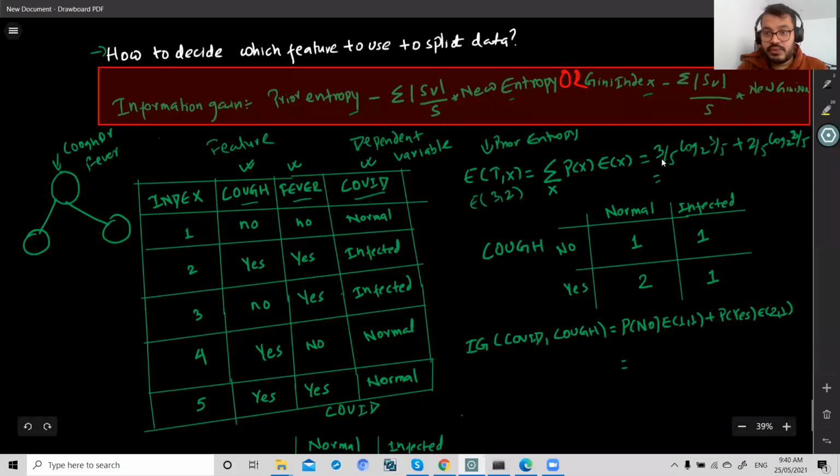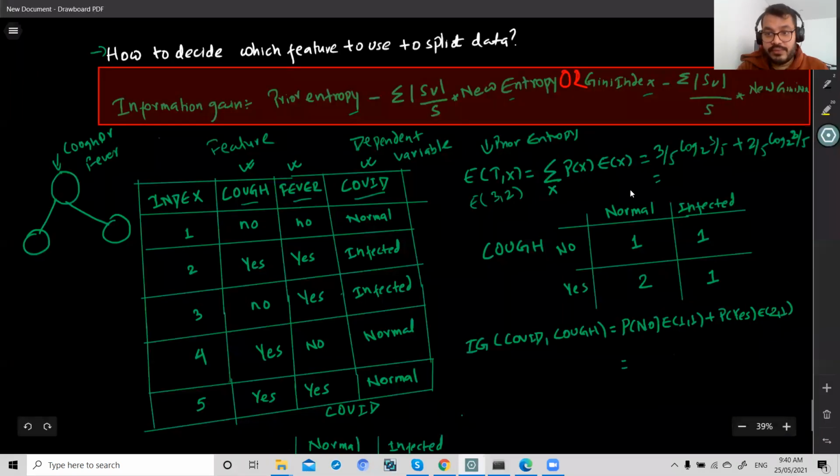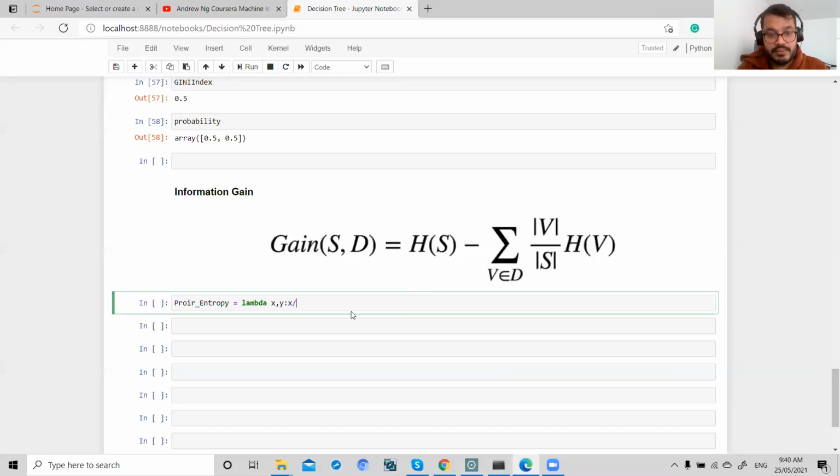So first is 3 by 5. 3 means one variable, 1 2 3 normal, and out of total 5. Total means x plus y,